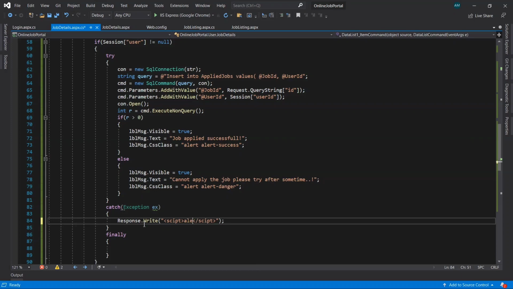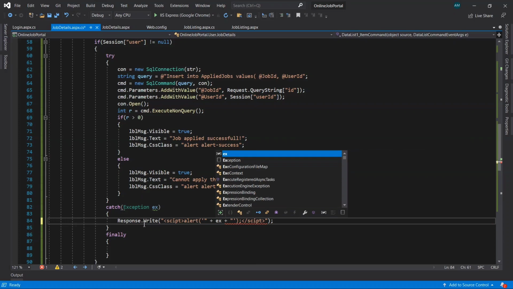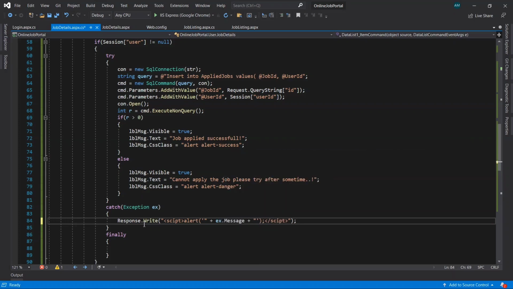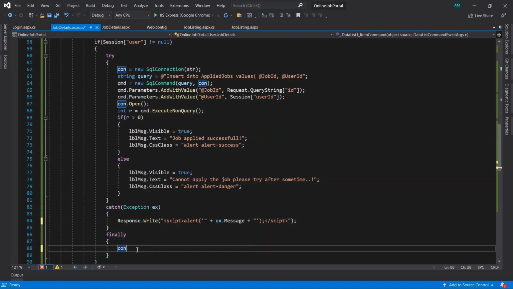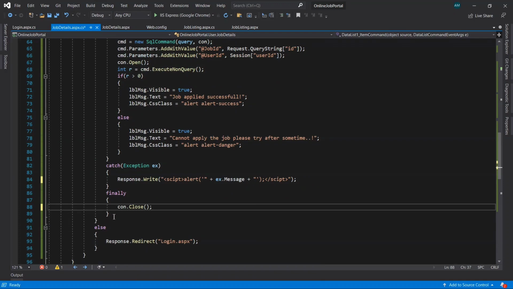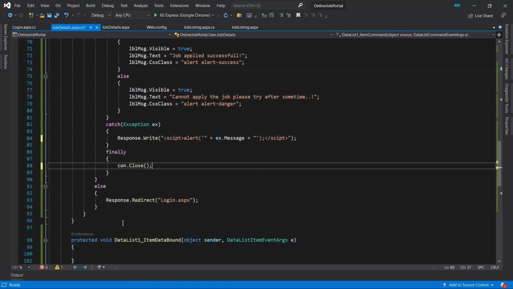Now we'll use the alert function of JavaScript and display the message that we are getting as an exception, for that ex.Message. It will display that message here. And finally we'll close our connection.